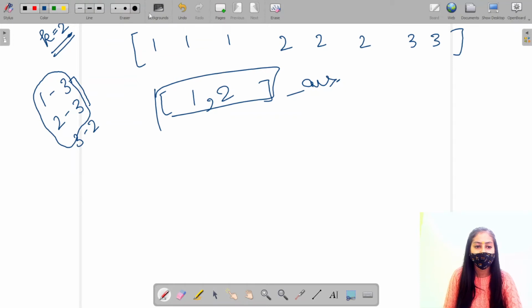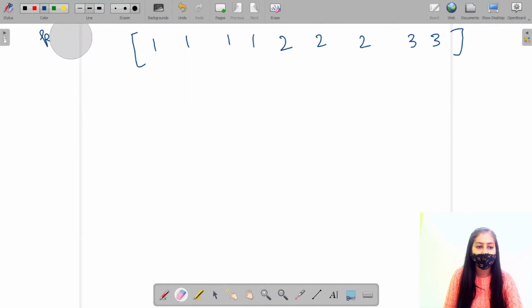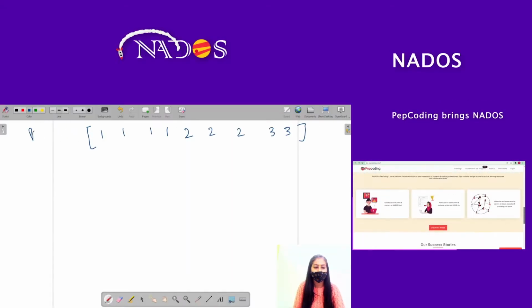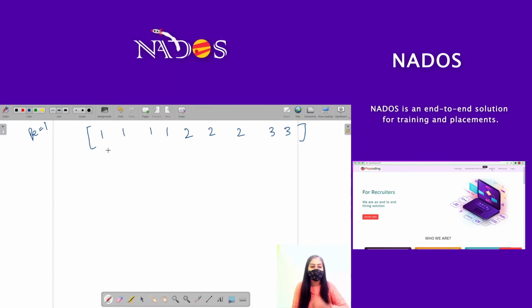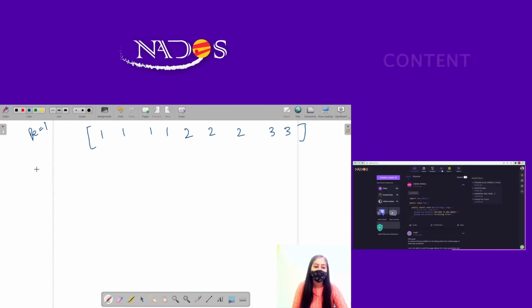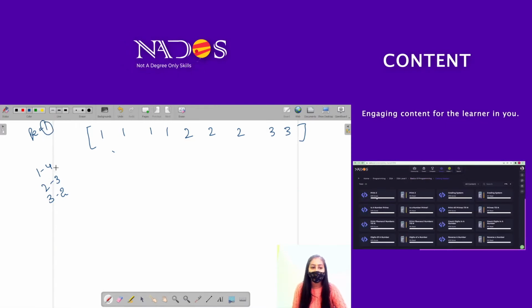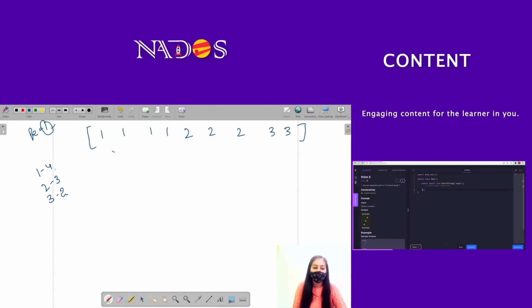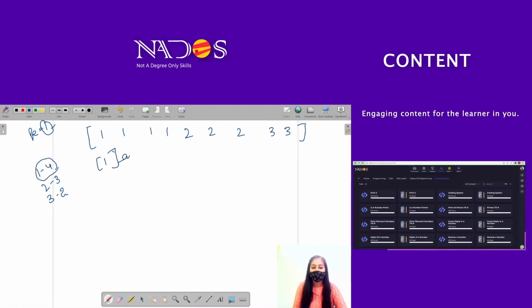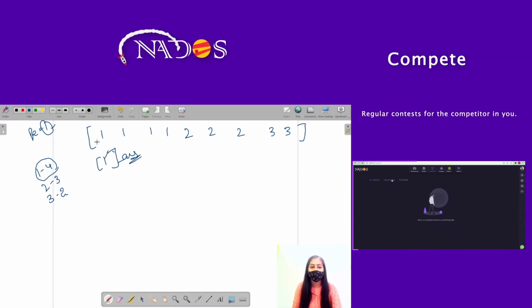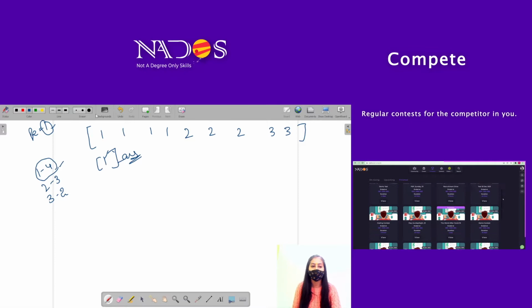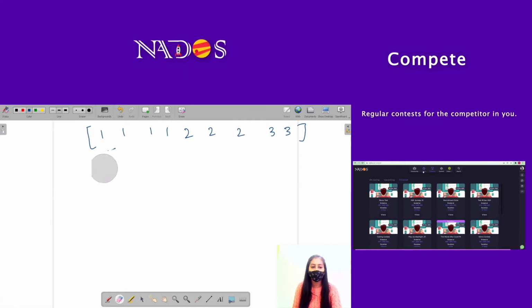Now let's suppose one more 1 is present here and you have to return one element only, right? For example, the value of k is given as 1. So you have to return the most frequently occurring element in this given array. Now the frequency of 1 is 4, 2 is 3 and the frequency of 3 is 2, right? So you have to return only one element and the frequency of that element should be maximum. The frequency of 1 is maximum, so you have to return a vector in which 1 is present, and this will be our answer. Here 1 is the most frequently occurring element in the given array, right? So you have to do this.